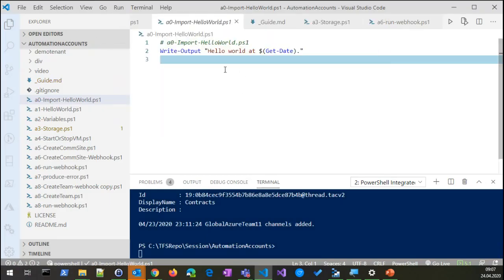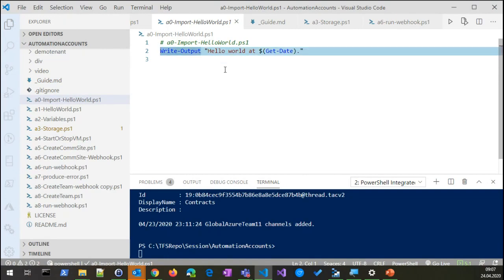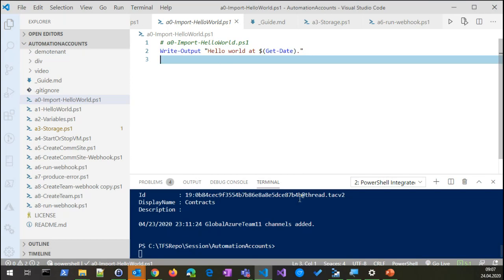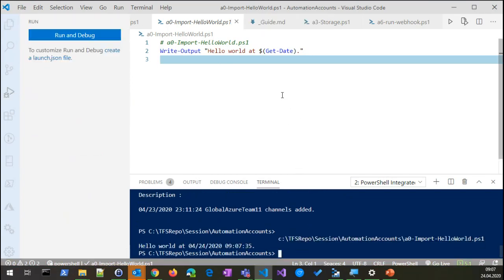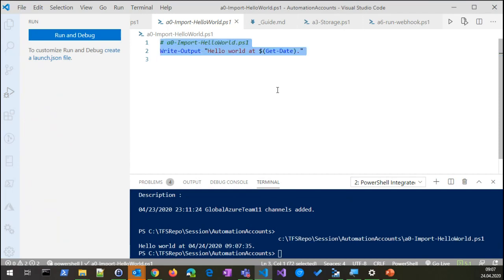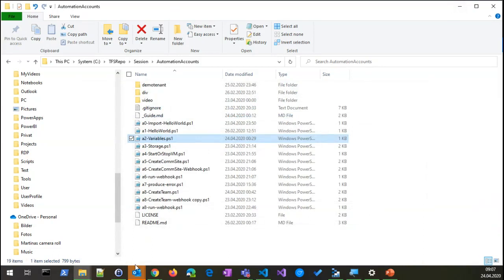And imagine you have local scripts where I say, okay, this is a script, I want to run this in the cloud. So how does this work with Azure Automation Accounts? I have a very simple output statement here: Write-Output hello world at Get-Date. So I can run this here and we will see the result here. Let's take this script and I simply copy and paste it. And now I go to the automation accounts